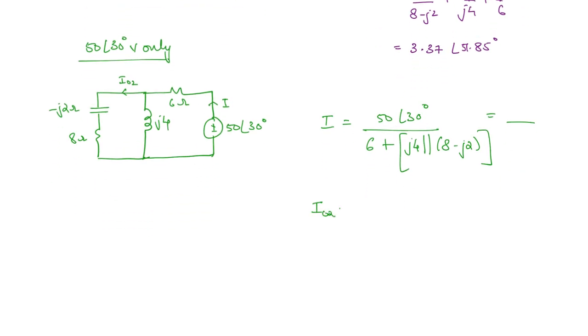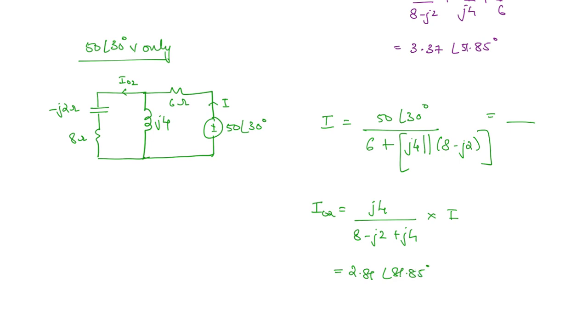This you can again get from current division. Since you have only two branches here, you can take I naught 2 as the other branch impedance divided by the sum of all of the impedances, so 8 minus J2 plus J4, into the total current. The final answer you're going to get is 2.81 angle